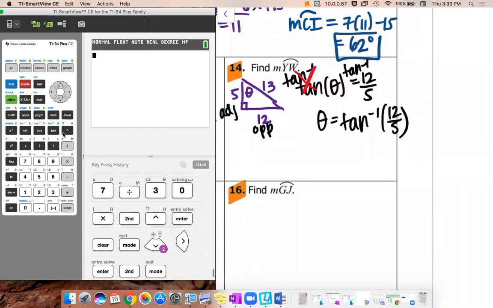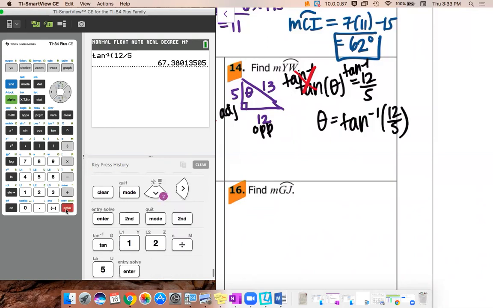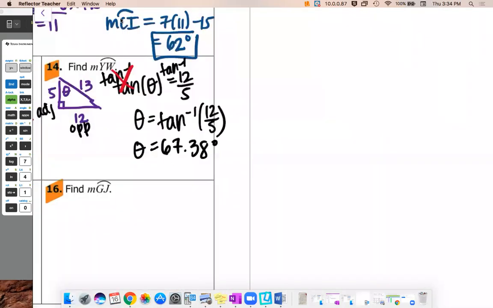And then I'm gonna go to the inverse tangent. So I click second tangent and then just type in 12 divided by 5. And I get that that angle is 67.38 degrees. And so then that helps me with this problem, because if I move this back over here, we